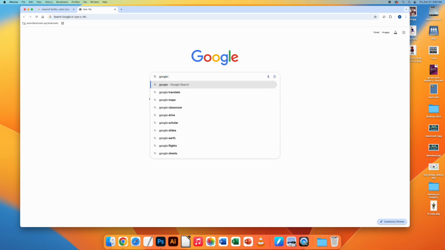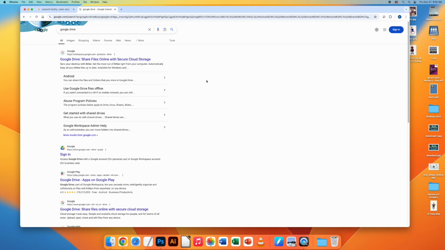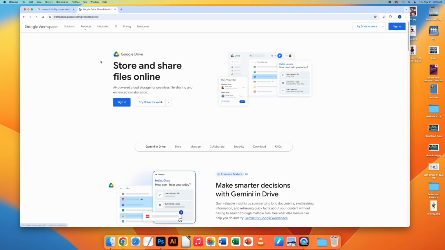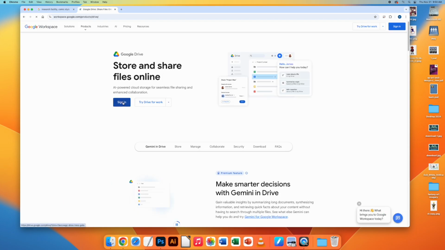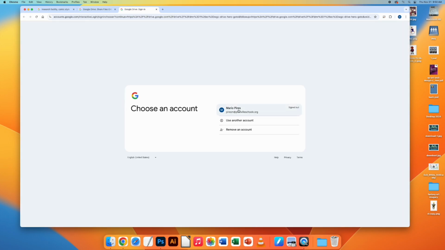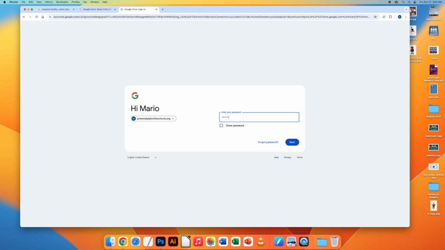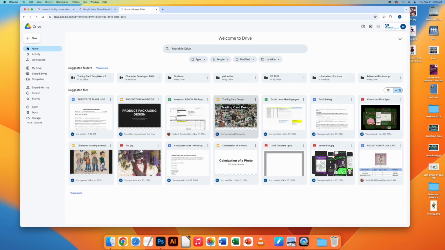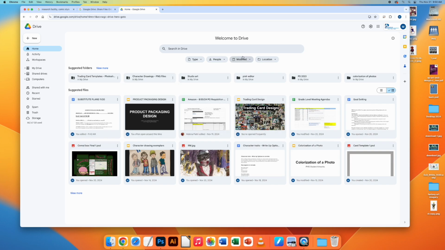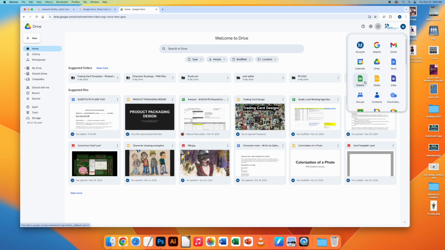So I'm just going to type in Google Drive. And the first thing I'm going to do is enter your email. If you have to enter your email, make sure to enter your full email, and then enter your password to get into your Google account. After doing that, you're going to access your Classroom, Google Classroom. So you go over to this icon here and just circulate and find your Google Classroom icon